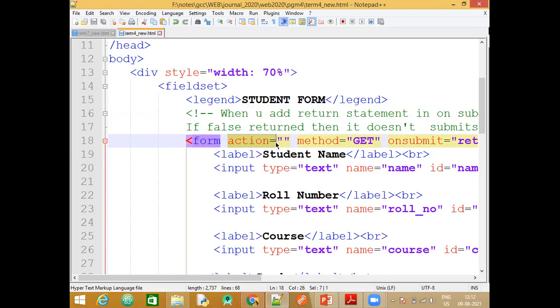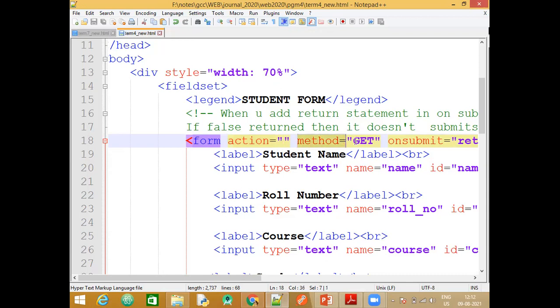Should it be diverted to another page? That will be given in the action. But since this program is not related to databases, we are not connecting, neither are we trying to display it on any other page. We are not fetching this data there also. Just submit, and you'll be able to see it in the URL there. So I have kept this as a blank.